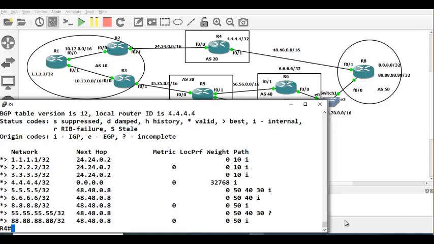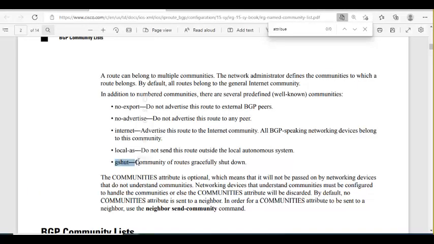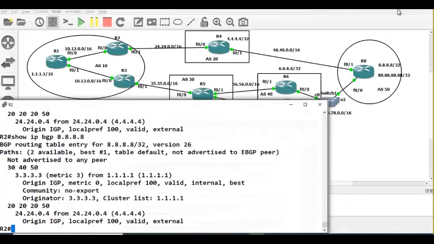Yep, so no export and no advertise. We know the difference now. Let's try no internet. There is no GSHUT available on all devices, only on XR devices. So what we have seen is the well-known communities. What we are going to do next is